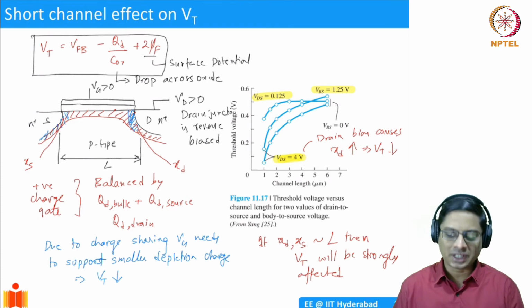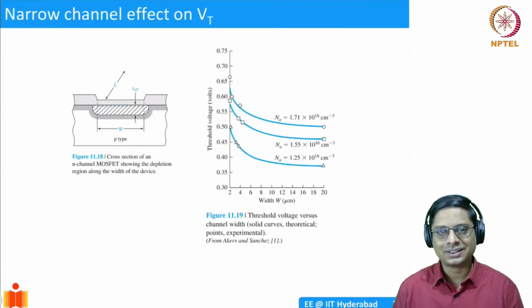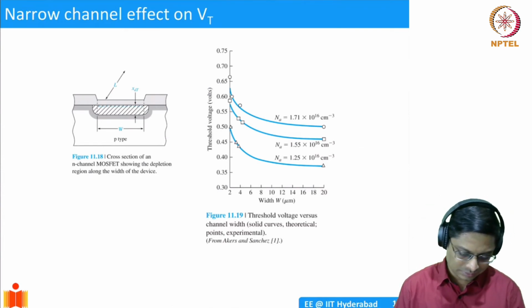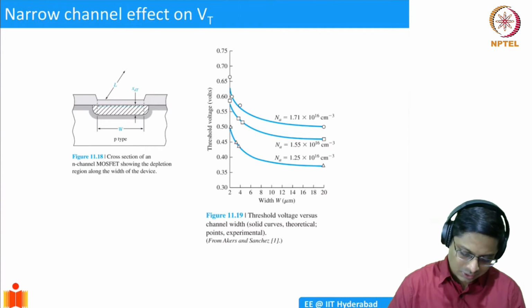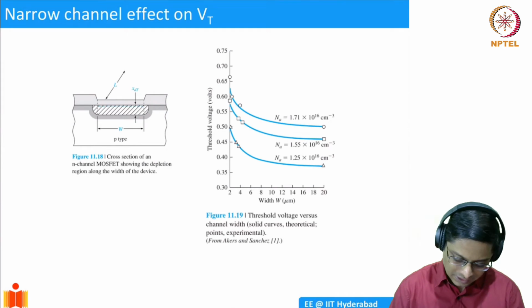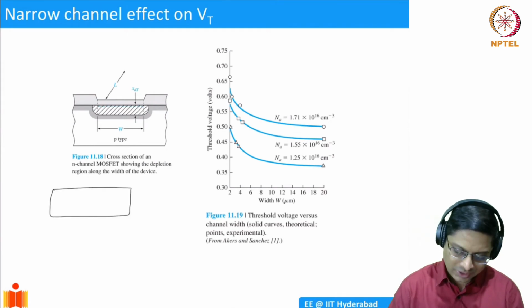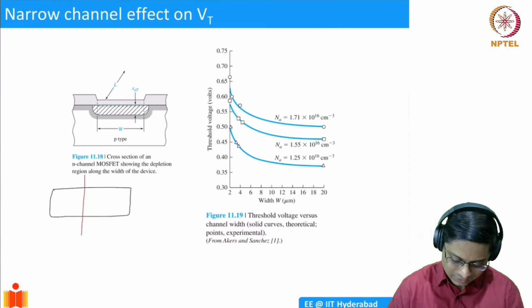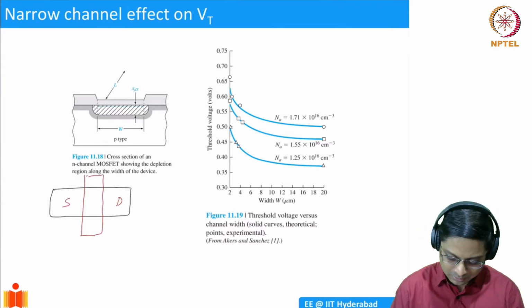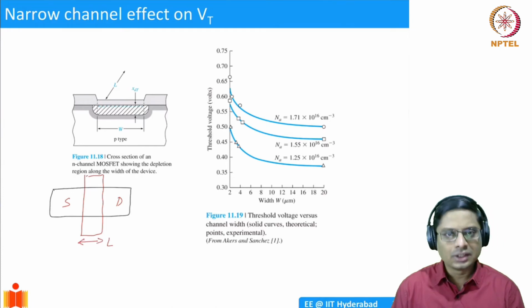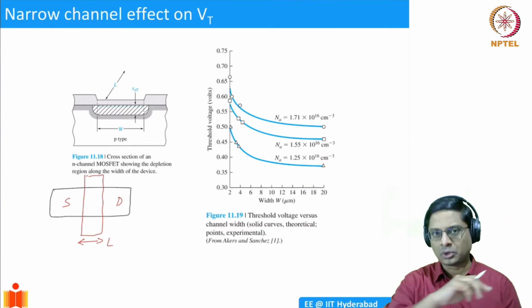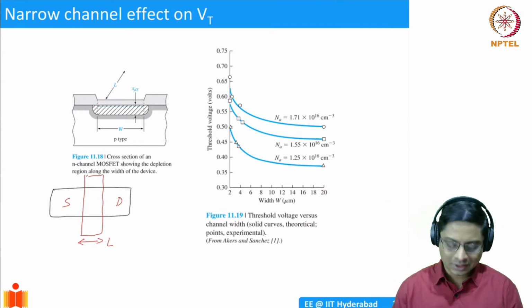Now there's one more thing that we can do, which is narrow channel. Because you remember when we talked about a MOSFET, the top view of the MOSFET, right? We discussed it a couple of times, wherein we had this source and drain regions, and we said this is the gate on the top, if you look at it. So this is my source, this is my drain, this is my length of the channel, right? So length of channel plays a very important role. So we discussed it at length. So we always kept drawing the band diagrams along the source to the drain.